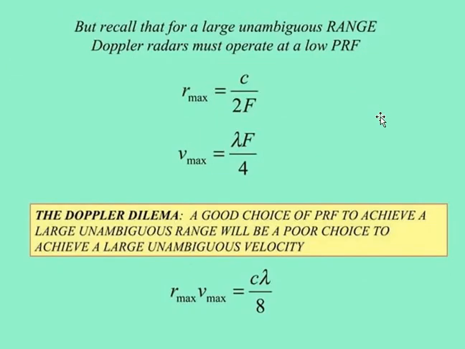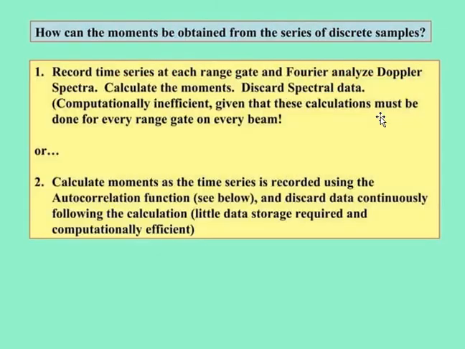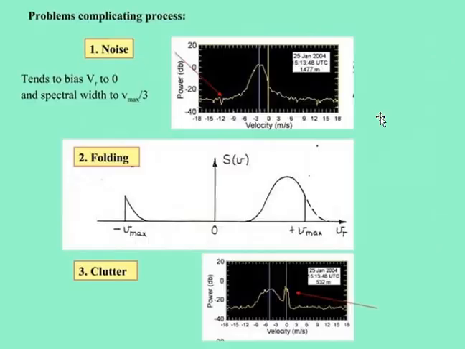And we can also see here the Doppler dilemma. A good choice is to achieve a large unambiguous range together with an unambiguous velocity, and this is the Doppler dilemma. And most applications are spectrum velocity and so on. And this is the main